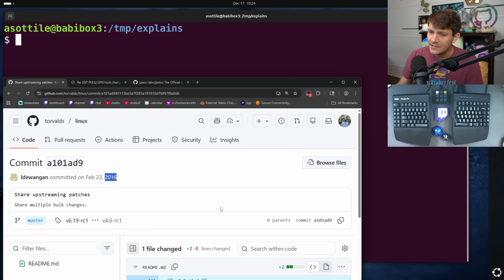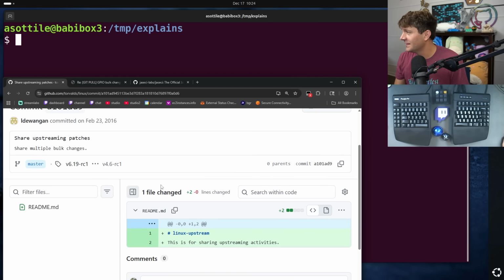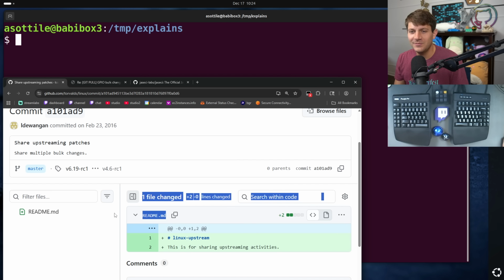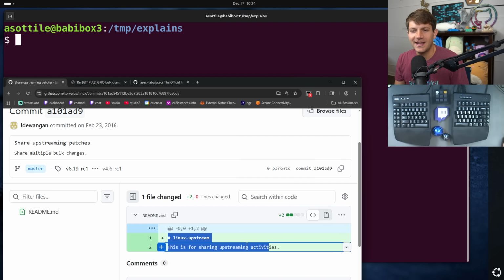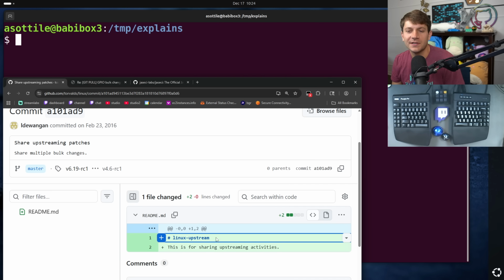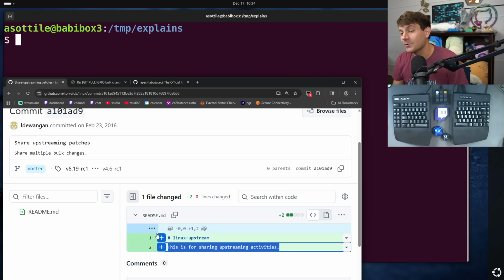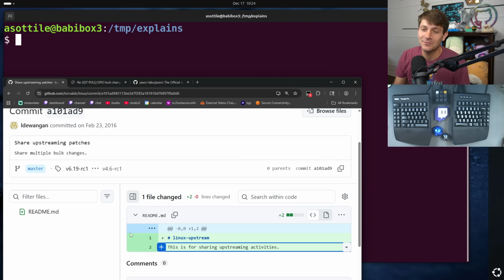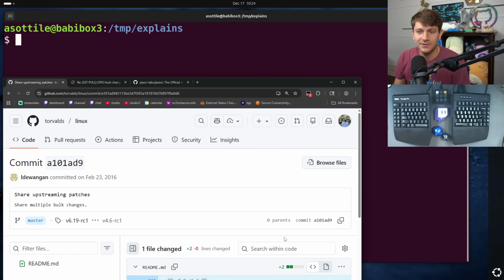Anyway, so the commit here looks sort of silly. It's a README at the root of the repository. It has sort of not very useful output. You might actually recognize the structure of this README. This is actually what GitHub will create by default if you check the little box to say create a README for me, it'll fill out the description and the repository name, which is actually what happened here. This README was created by GitHub,